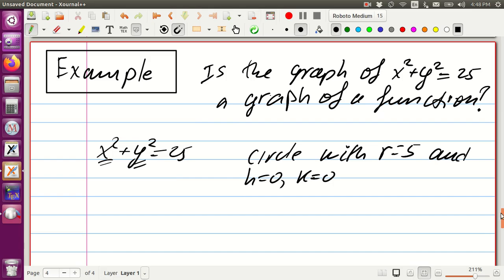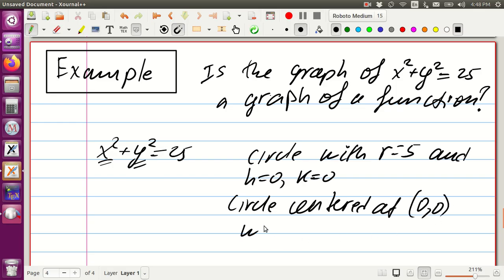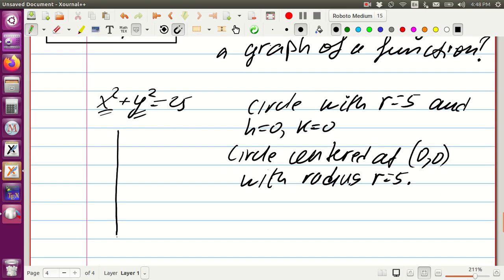All right, so a circle centered at (0, 0) with radius r equals 5. So we're gonna create our circle